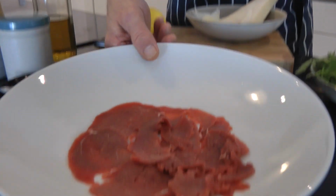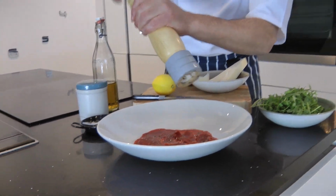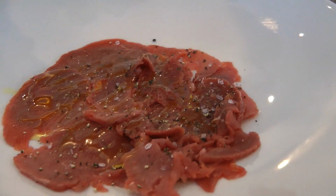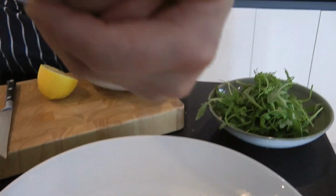So, meat in the plate. Now we need to season it. Generous black pepper. Next comes the salt, olive oil drizzling, lemon juice,